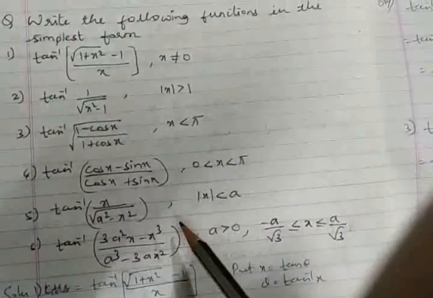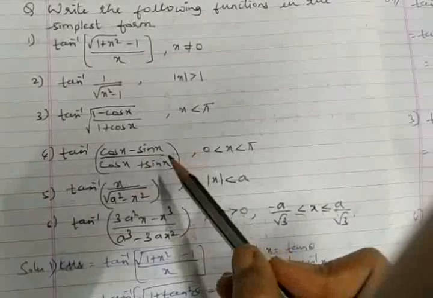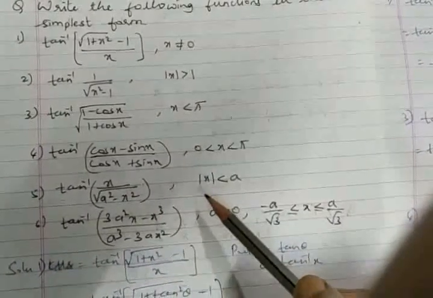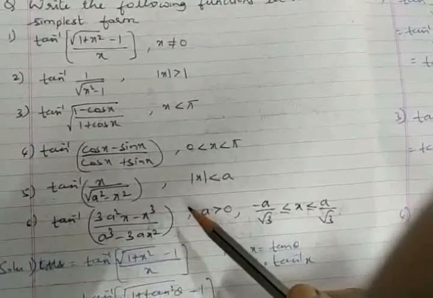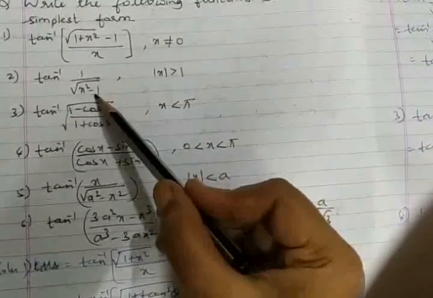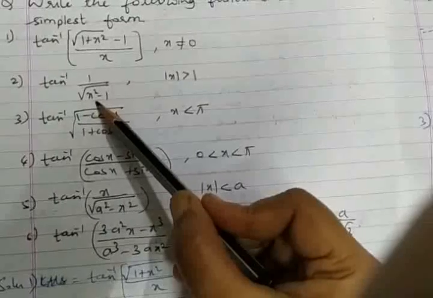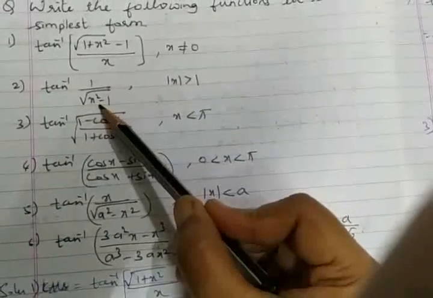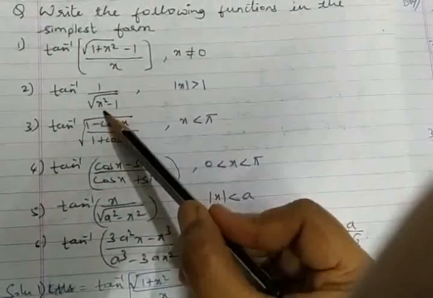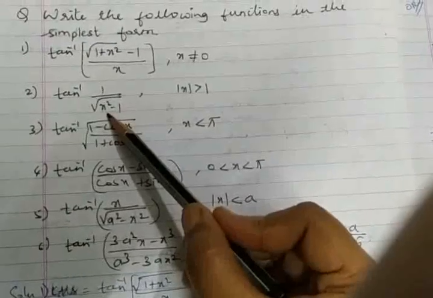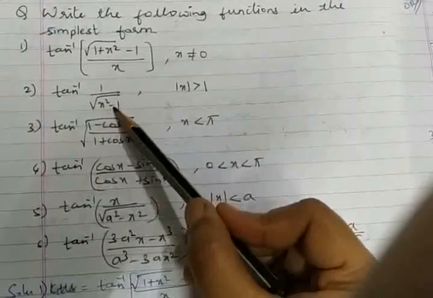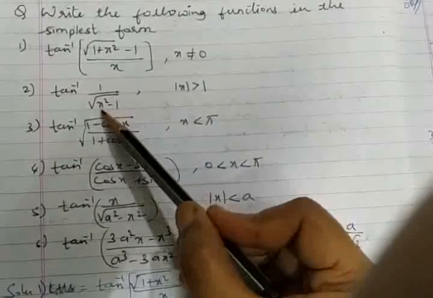A few more questions are left: second, third, fourth, fifth and sixth. Try this question, whereas the solution part I'll continue in the next video. Just to give a hint, what comes to your mind? There is root of x square minus 1. Which substitution do you have to make here? Put x equal to either sec theta, or you can also apply cosec theta. Left to you. Sec theta. Okay, check it orally.